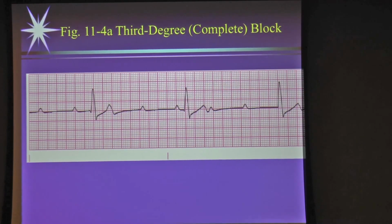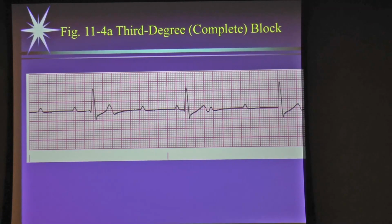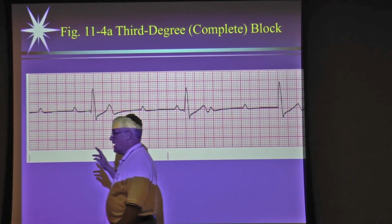It is not the most scientific one, but I've never been proven wrong. Okay, I've never missed one. I mean, I'll probably miss one because I can't see well with my glasses on anymore, but that's the issue, okay? Now, the other thing that you could do if you had really good eyes, or if you had those calipers that I showed you in the first class or second class,